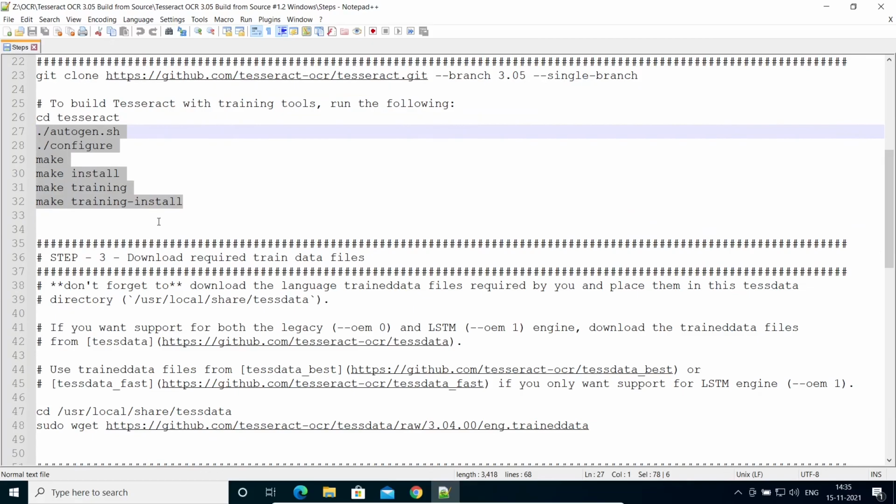Once you have successfully executed all these commands, Tesseract will be available in your Cygwin directory. Now, where will be the location where you will find the tesseract.exe, that we will see. But this Tesseract executable for Windows will be available within Cygwin directory, within Cygwin folder.